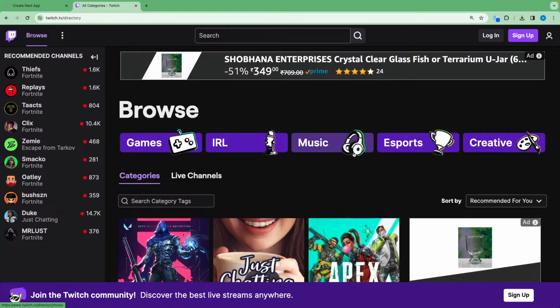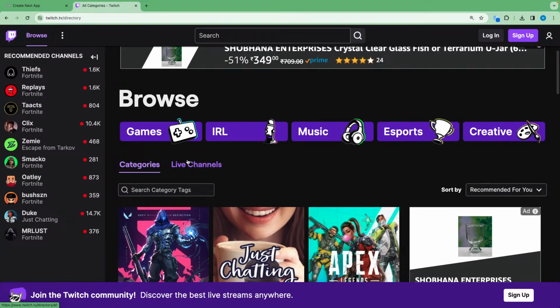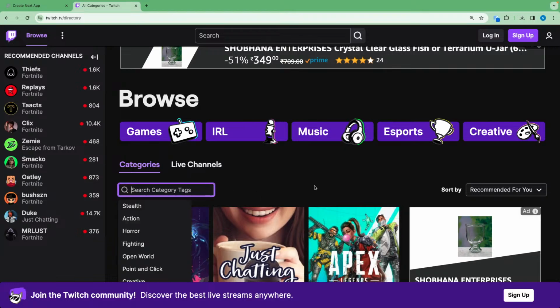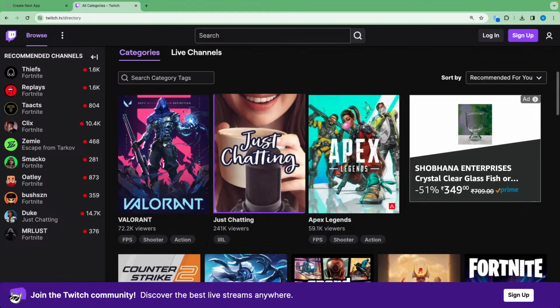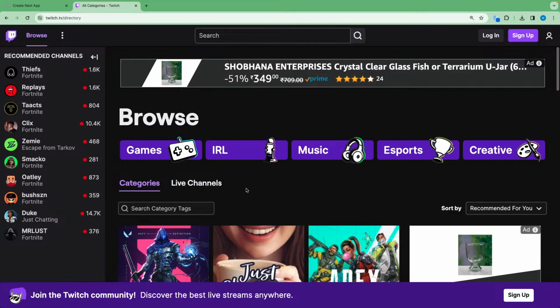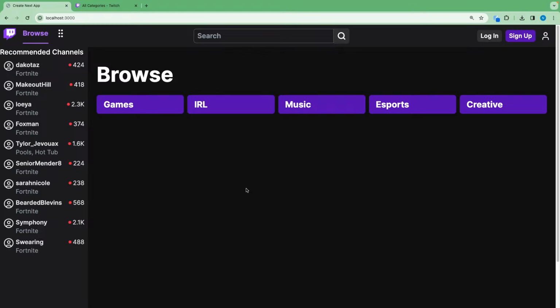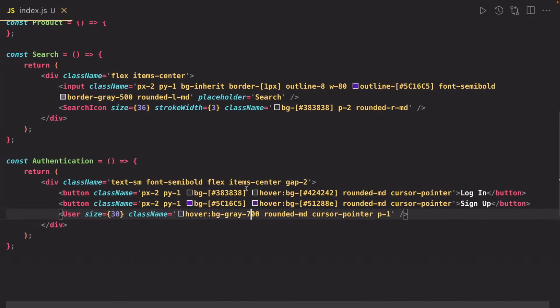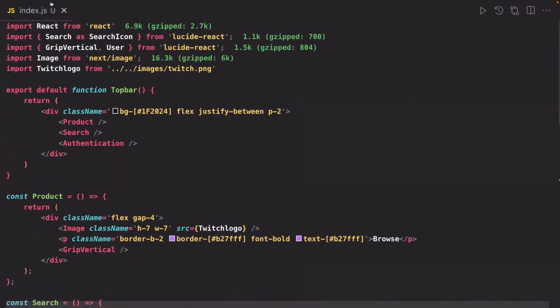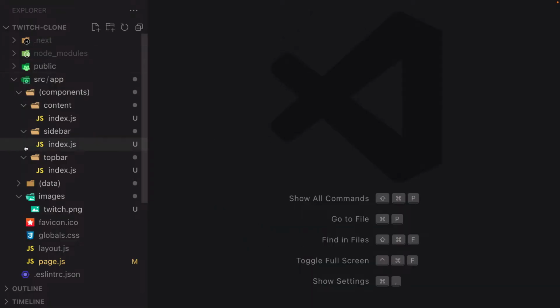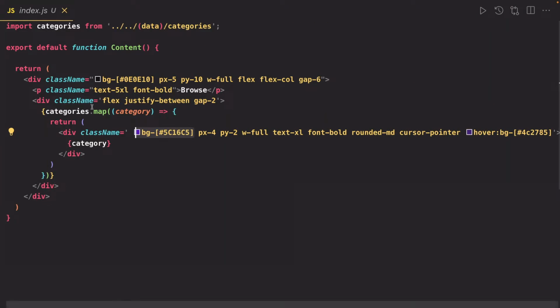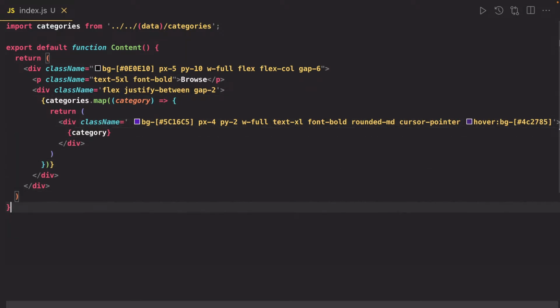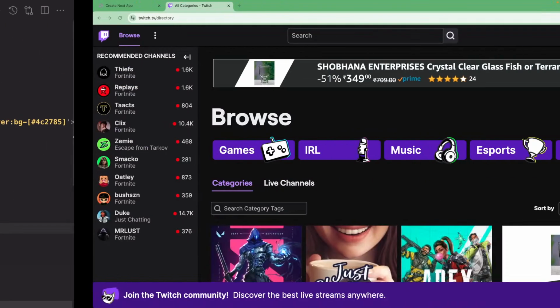Now we need to create these categories and live channels. Then after that, this search tab and this dropdown. Then I need to create these cards. So after that, we will be finished with the UI part. So let me close this. Now we are going to our content. Inside the content, I will create a new component named